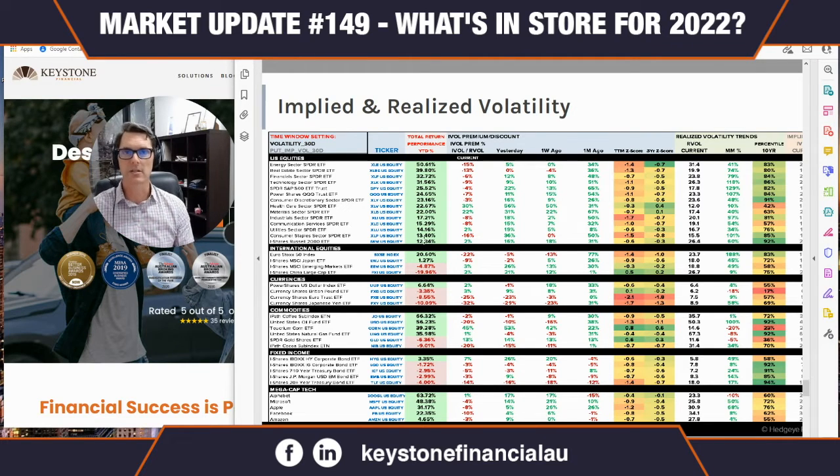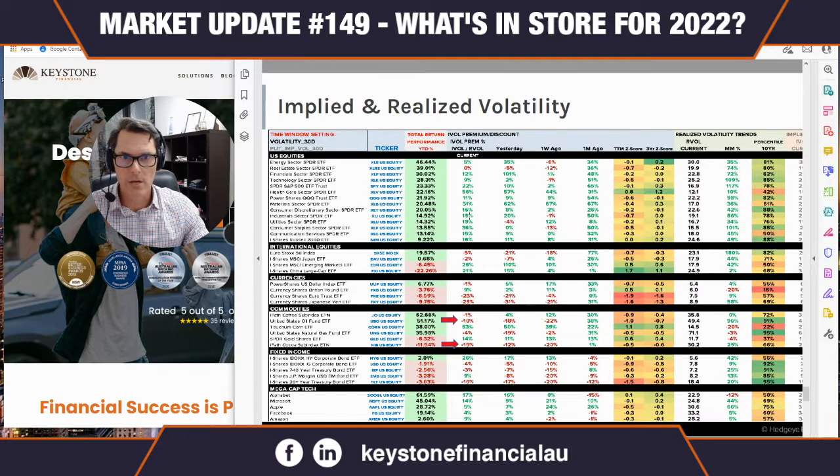Now, this is a quad four characteristic probably more than anything, but it could also be a quad one characteristic where interest rate policy is typically set to neutral, as opposed to a hawkish type policy. So anyway, I'm just explaining all of this because we're in a phase transition right now, and the next quarter is straddling that quad map line, that axis where it could be shallow quad four, it could be shallow quad one. I'm just elaborating on some of the things that I'm watching, and you can too, if you follow along at home, to understand what investment decisions are being made. So anyway, that's worth pointing out.